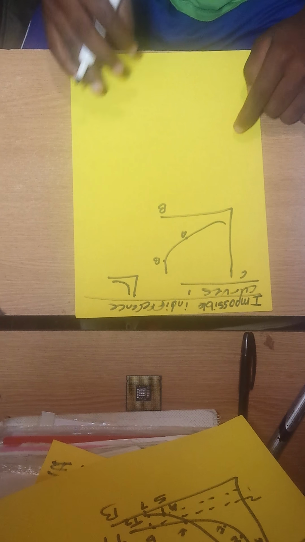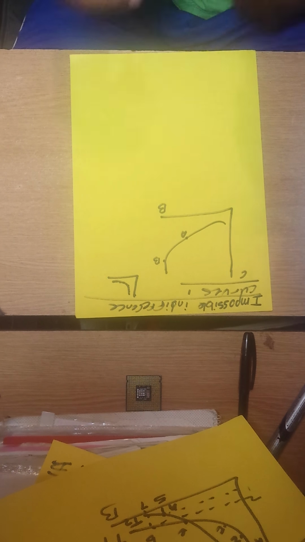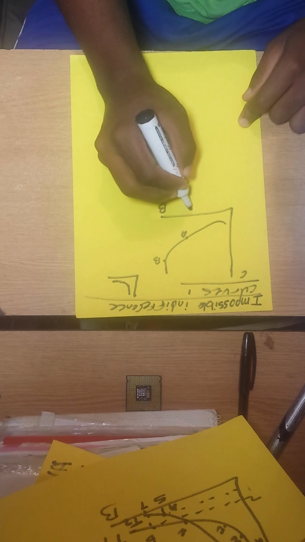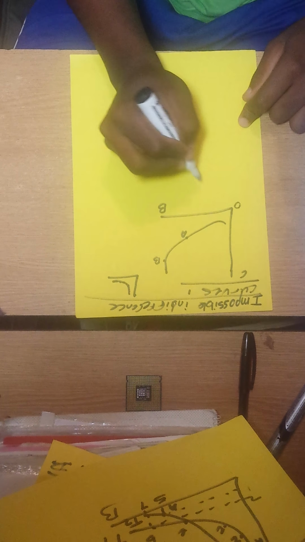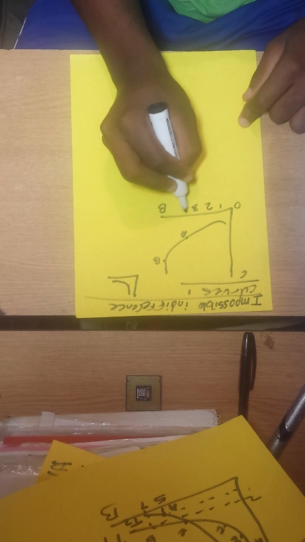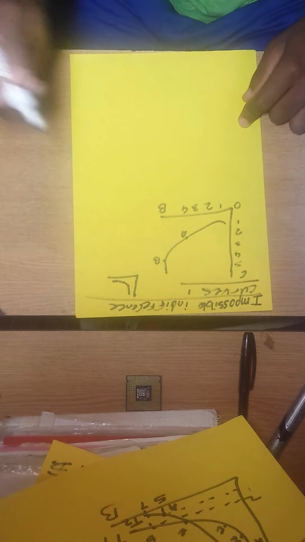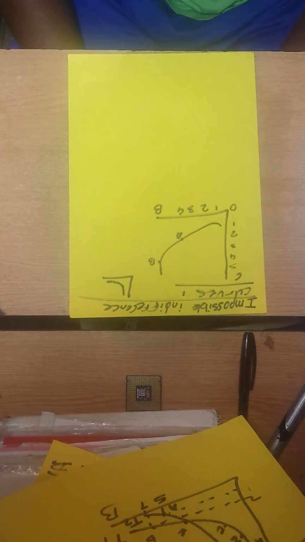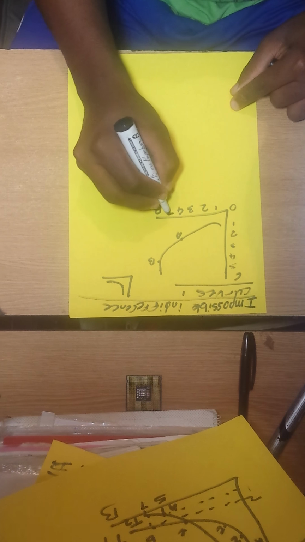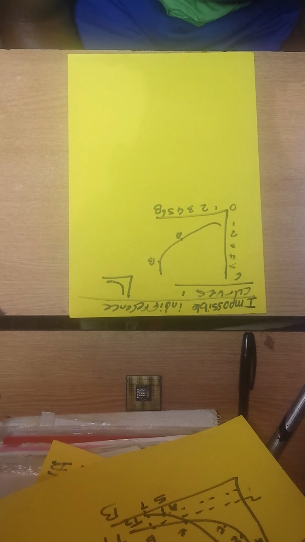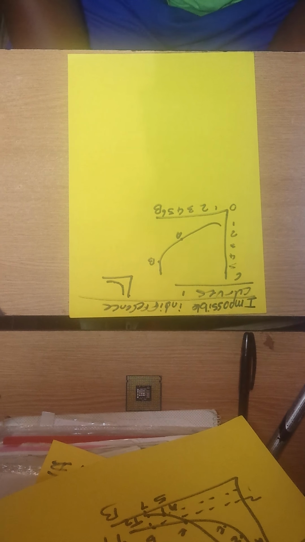Now let me show you something. Let's put some quantitative values here, because when you work with numbers it's far easier. The origin is 0 there, so let's say 1, 2, 3, 4, and 1, 2, 3, 4, 5. Let's put a 5, 6, just to show you. The reason an upward sloping curve is impossible is because it violates one of the 3 rules